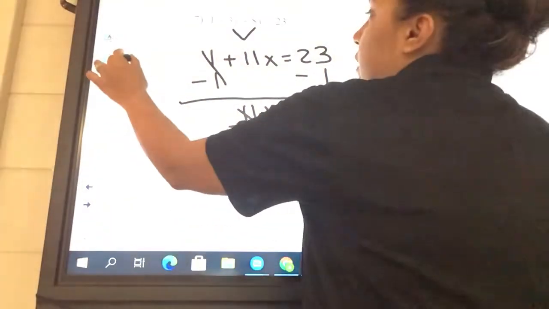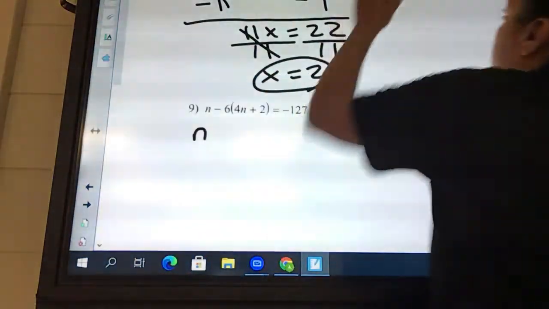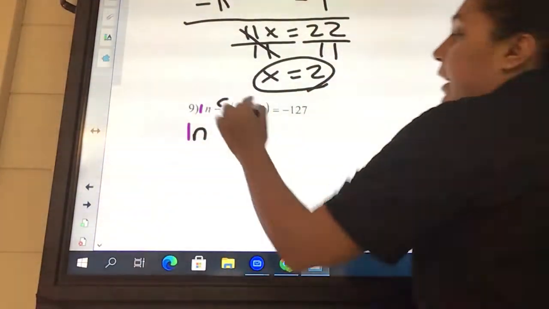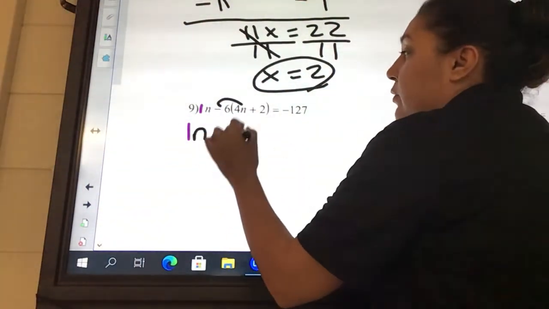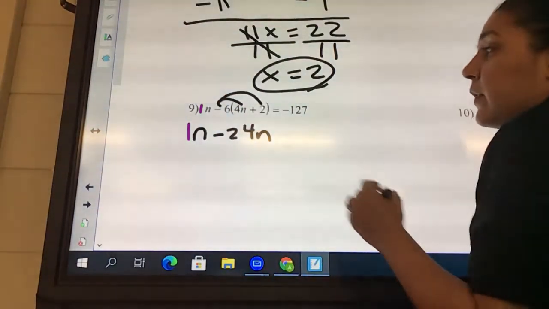Okay, 9, we need to distribute first so we can drop this n down, and you can really put a 1 in front of this n. Okay, so we can put a 1 in front of there. So I got negative 6 times 4 is negative 24n, sorry. Negative 6 times 2